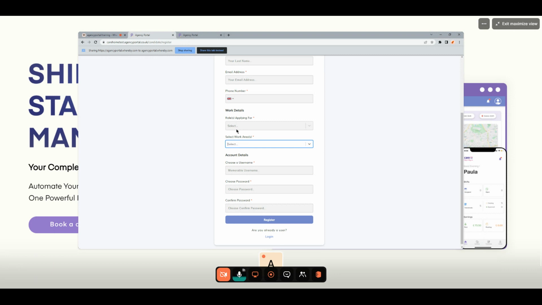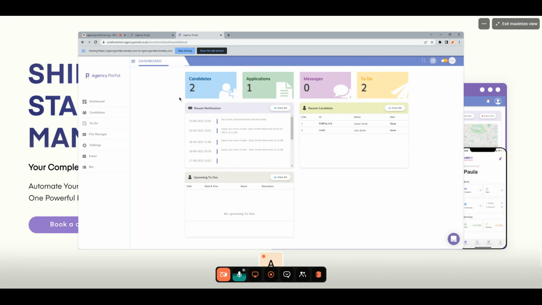So this is the first thing we're going to cover actually. We're going to show you how to modify your roles and work areas, because this is going to be needed for when you continue with your recruitment. So actually we're going to switch back to shift management and we're going to go into the settings before we carry on. So you click the 9 squares in the top right, shift management,